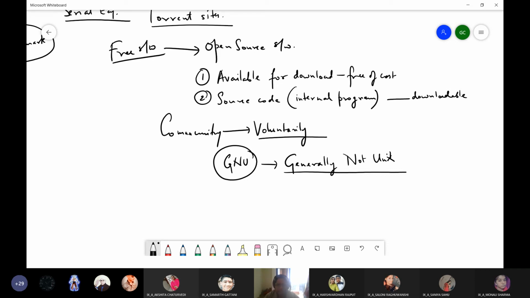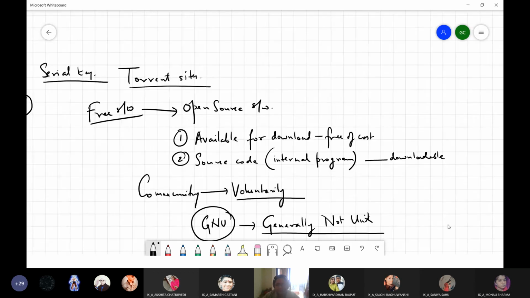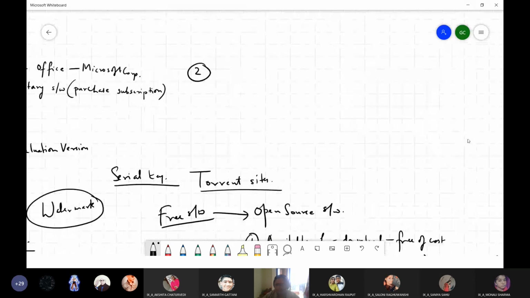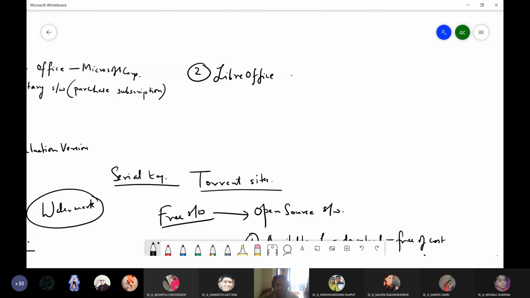These people thought that we should create a family of free softwares, and they created LibreOffice Writer, the LibreOffice package, okay, and Apache OpenOffice.